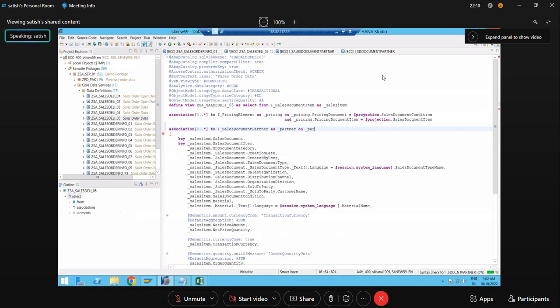Okay, it is getting only the items related to the header partners. There is no need of it. Now I want the ship to party from this. It may have sold to party, ship to party, all the things. So now I'm going to specify